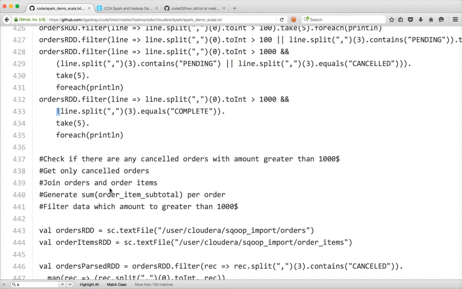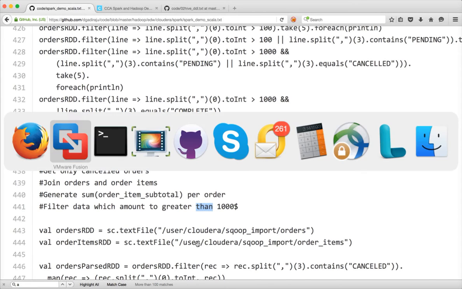Once you have the subtotal aggregated per order, you have to filter out if it is greater than 1000 or not. A lot of people tend to join orders and order items first, and then compute the revenue, and then compare if the revenue is greater than 1000 and if the order is cancelled. People can implement it that way, but that is not an efficient way, because if you look at the table,